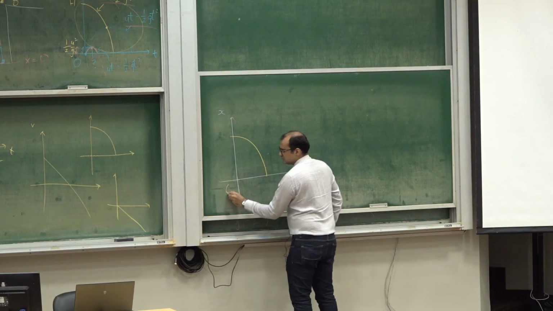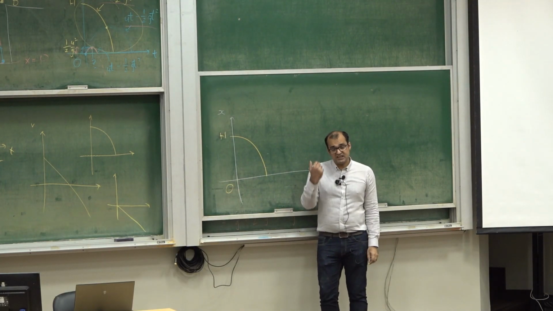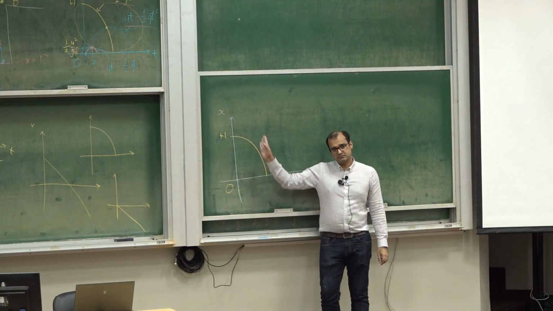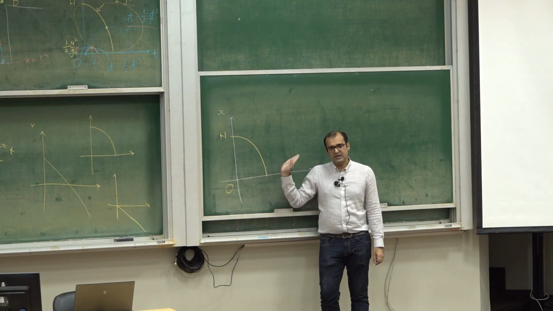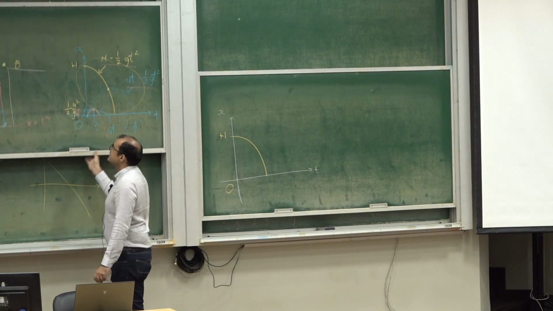I start my clock just after I released my object. That's what I get. So t is equal to 0 corresponds to the instant when this object